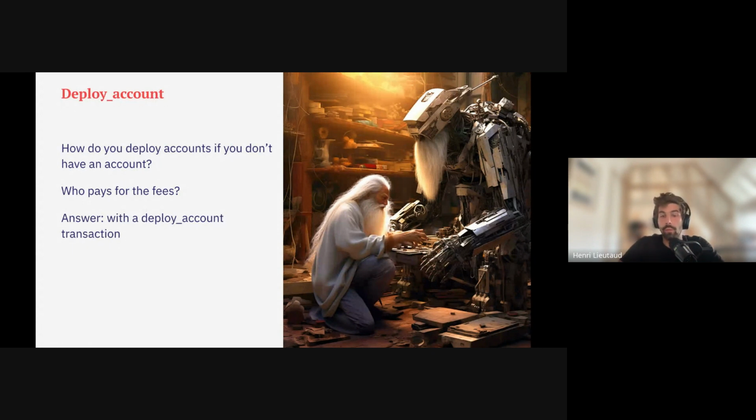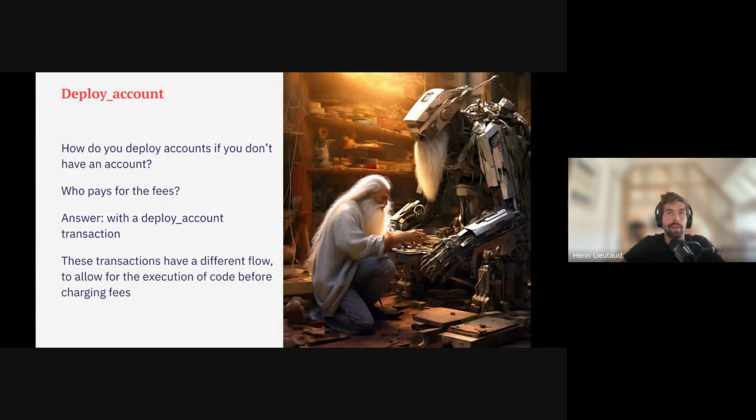You remember when you send an invoke transaction, it first goes through validate, then execute. What happens if you want to call a smart contract that is not deployed yet? Invoke transactions will fail. So for this kind of purpose, there's a specific kind of transaction, which is deploy account transactions. And these basically have a slightly different flow. I'm not going to get too deep into it, but they have a slightly different flow than regular transactions, and their whole purpose is to let you bootstrap your